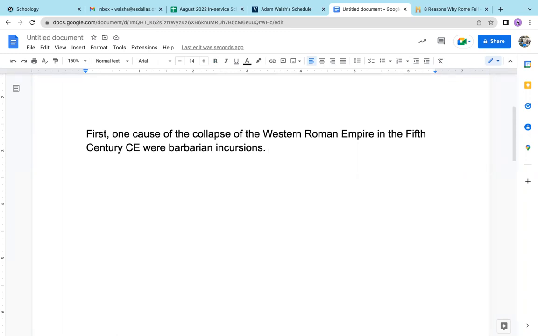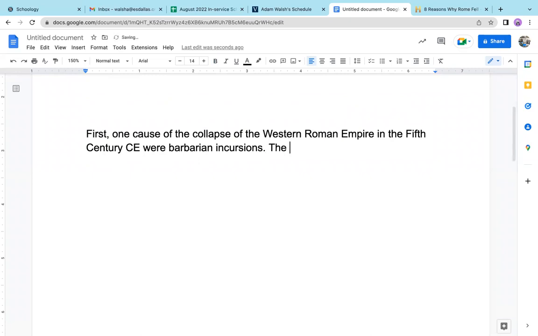So what we want to do is now, that's our broad first topic sentence. So you kind of almost want to think of your body paragraphs like an inverted pyramid. So you start with your broadest statement first, and then it goes down and it gets more and more narrow until we reach our piece of evidence and we explain how that evidence proves our point. So the first thing we want to do is put this in context. So the way I'm going to do this is write a nice broad statement about how the barbarian incursions were the most direct response to the fall of the Roman Empire.